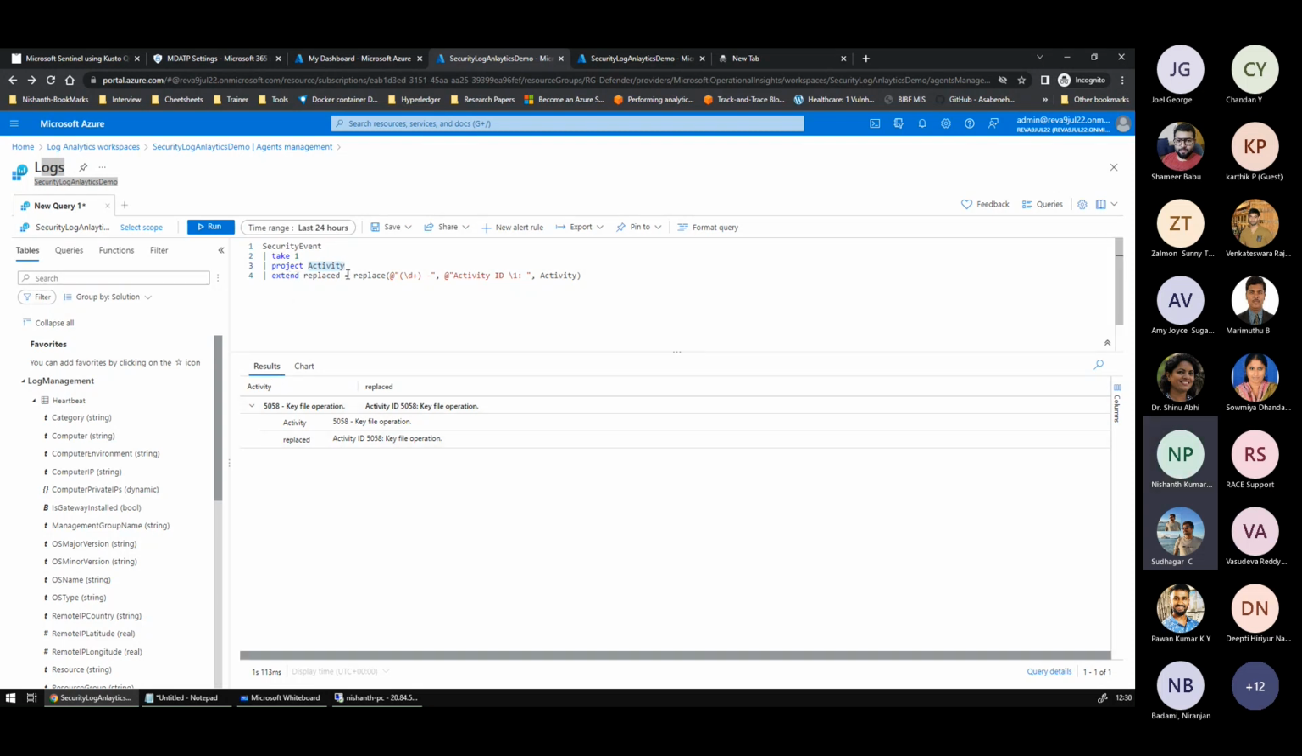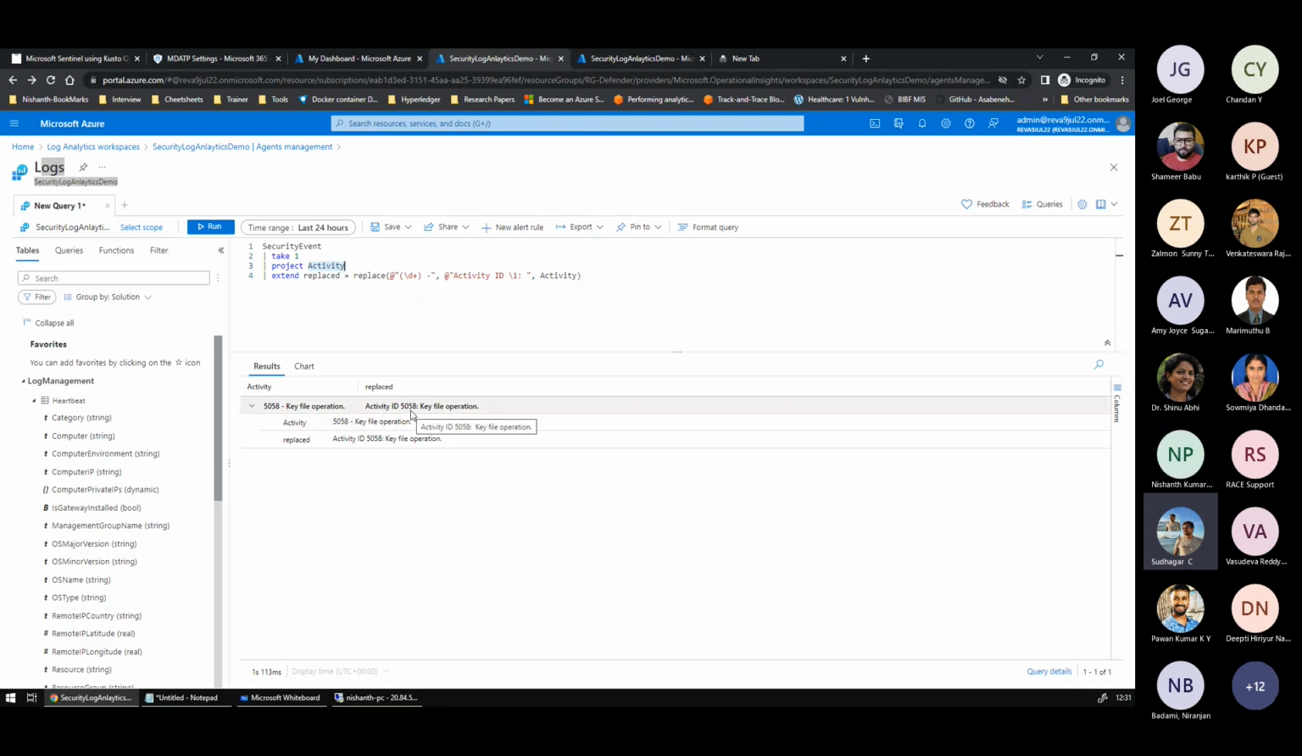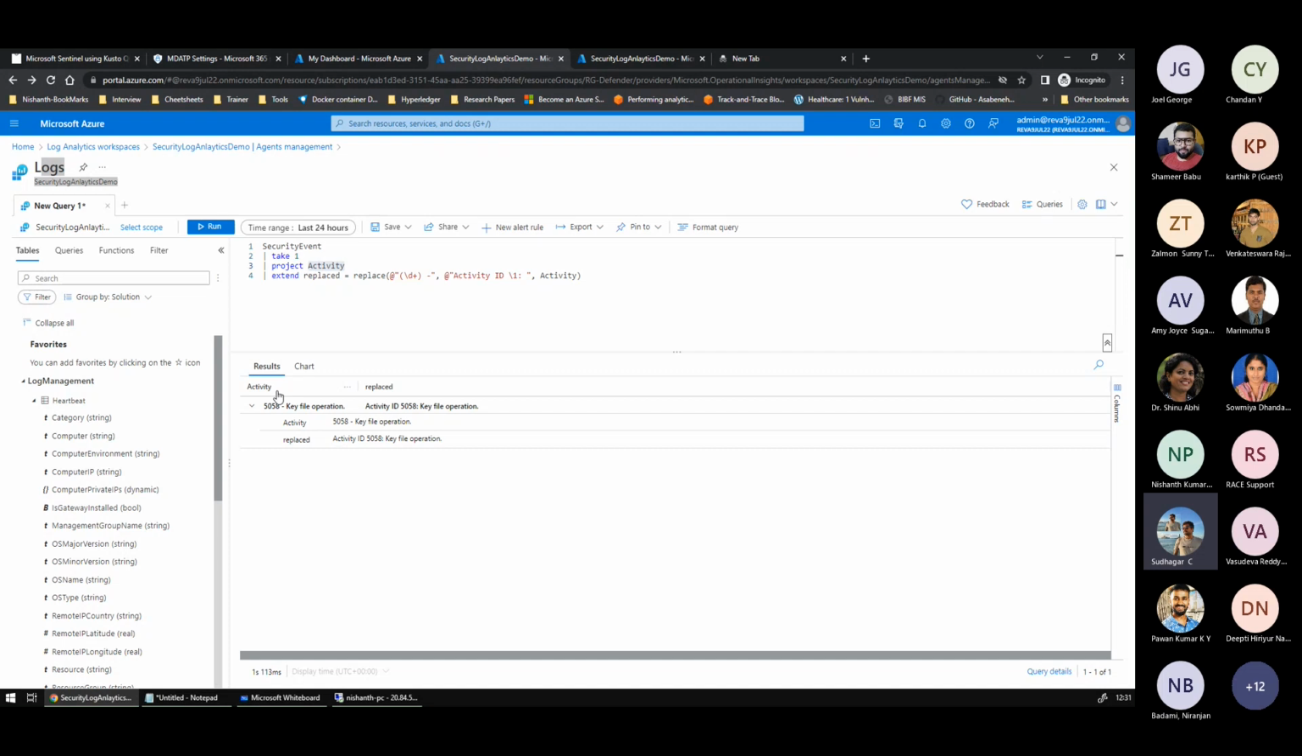Extend it, replaced equals to replace of. Wherever you see activity ID and then some data, activity ID and some data, and then the activity itself. So what did we do? We created aliases. You know aliases, no? You know aliases? For example,